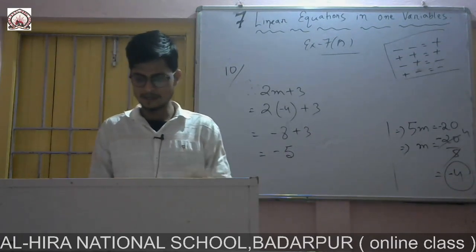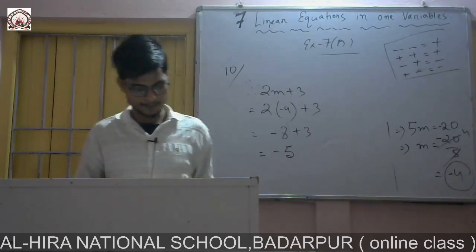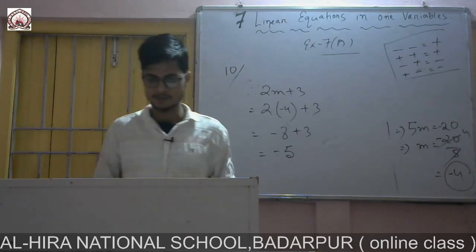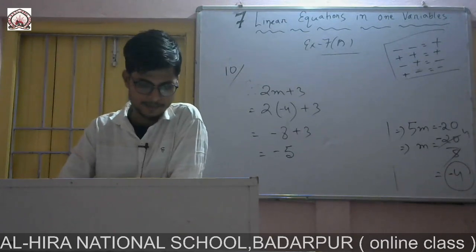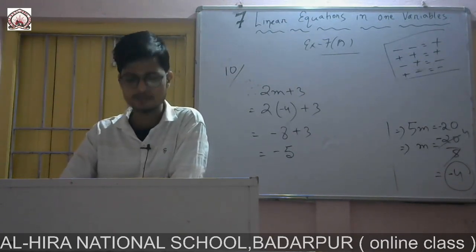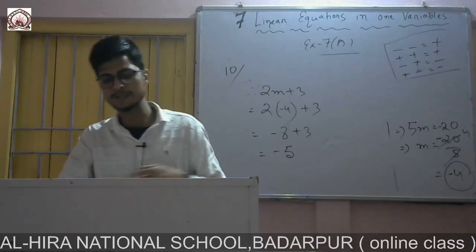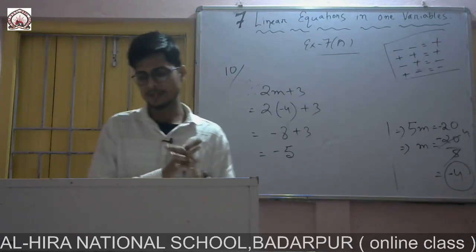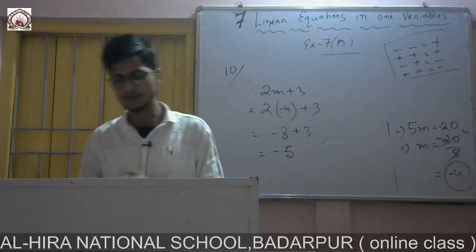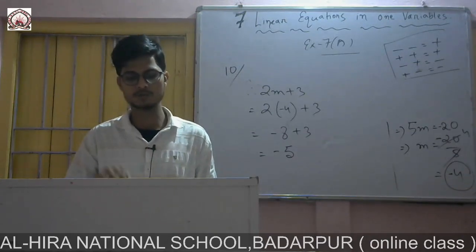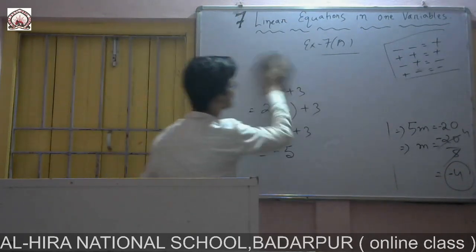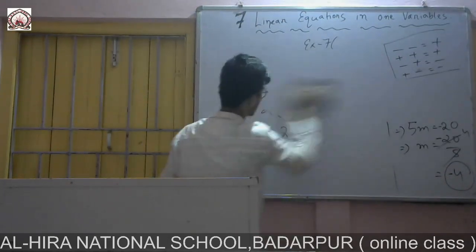So now we will begin exercise number 7b. You see, first question, it is given sum of Ritu's age and Ashu's age is 25. Ritu is 12 years old. Write an equation to find Ashu's age. So first of all you have to write an equation, then you have to solve this one so that you can find the age of Ashu. So exercise number 7b.